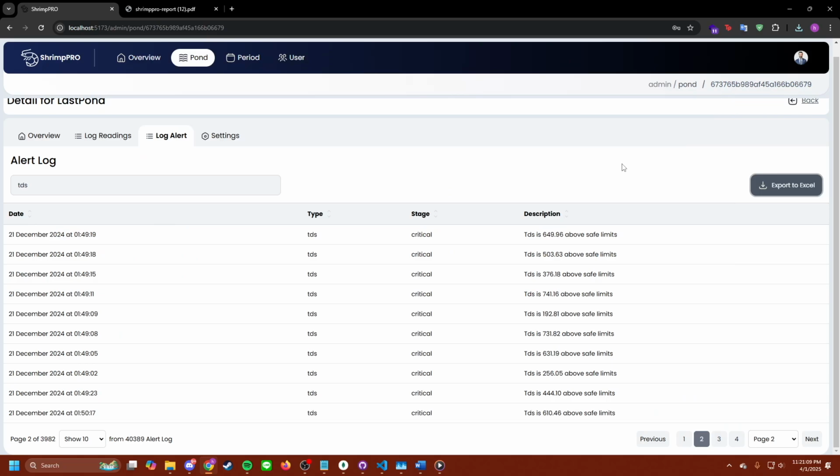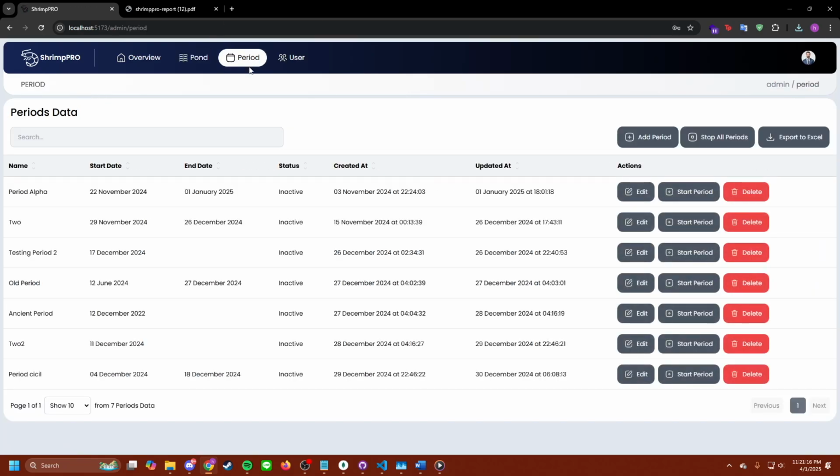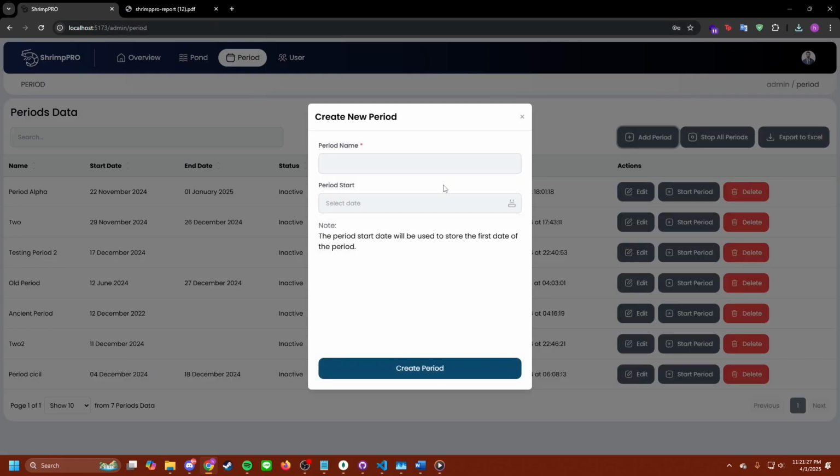Finally, the final use case that is web related is manage period. So a period is a time frame in which a pond is filled with shrimps. There are times that the pond is being clean, there are no shrimps in it. So this is very useful for a shrimp farmer. So first we add a period, let's say a new period,